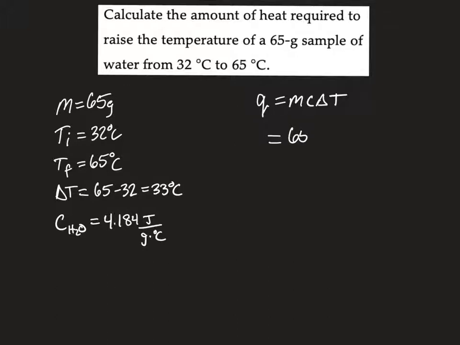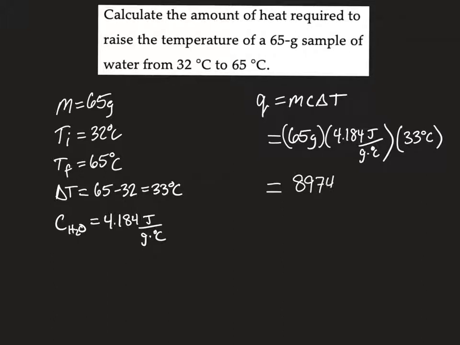And once we plug into this equation and examine the units, we're going to make sure they all agree. Specific heat kind of controls the units that need to be inputted into this equation. So the mass has to be in grams, the temperature has to be in Celsius, and we know then that Q is going to end up being in joules. And so when we punch it into our calculator, we get